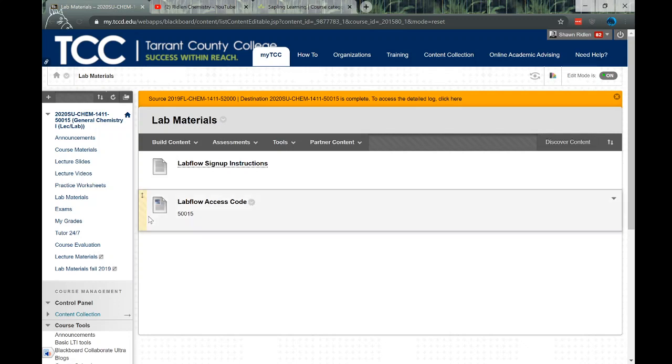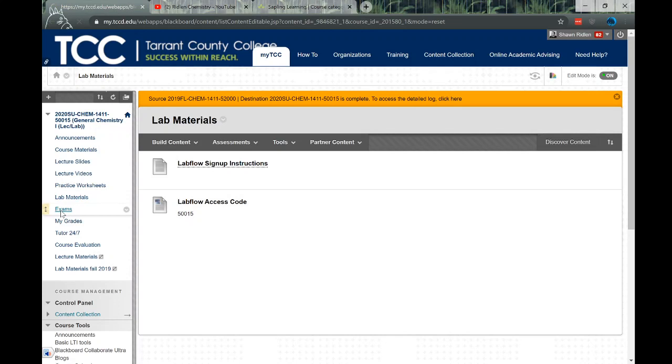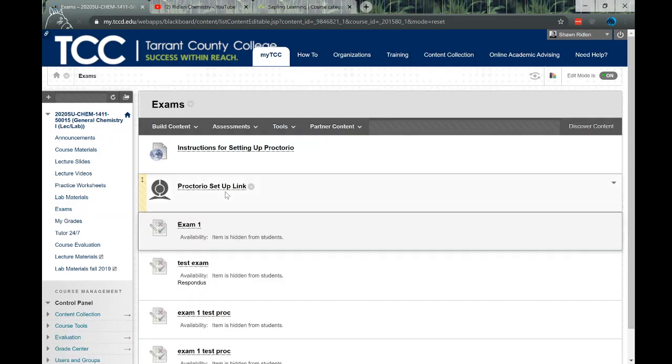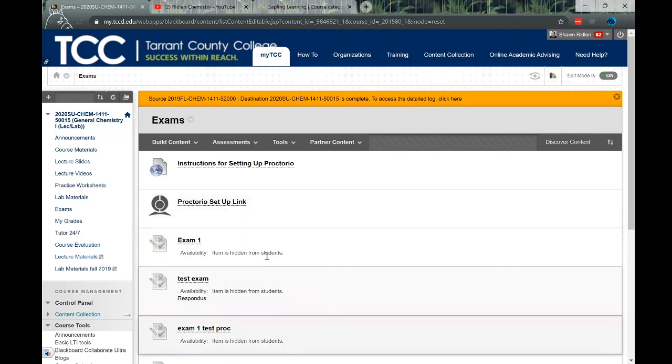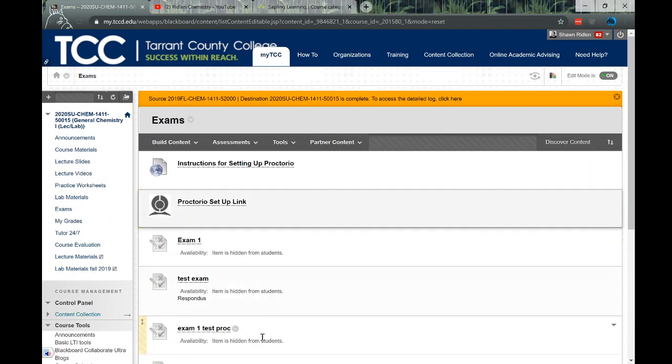So this is the exams section, where your exams will appear. I have here how to set up Proctorio, the actual Proctorio link that will install the extension for your Chrome browser. One thing with this, I believe you have to use Chrome. If that's going to be an issue, we need to try to figure out a way to solve that for you. These are just some dummy exams that I have put up. None of this is real.